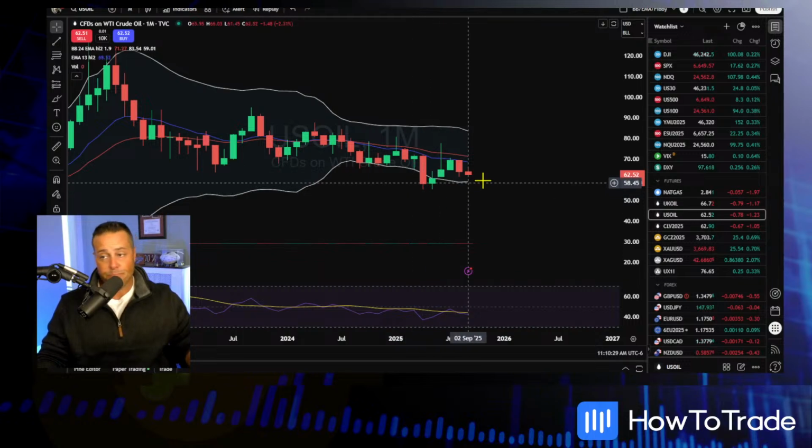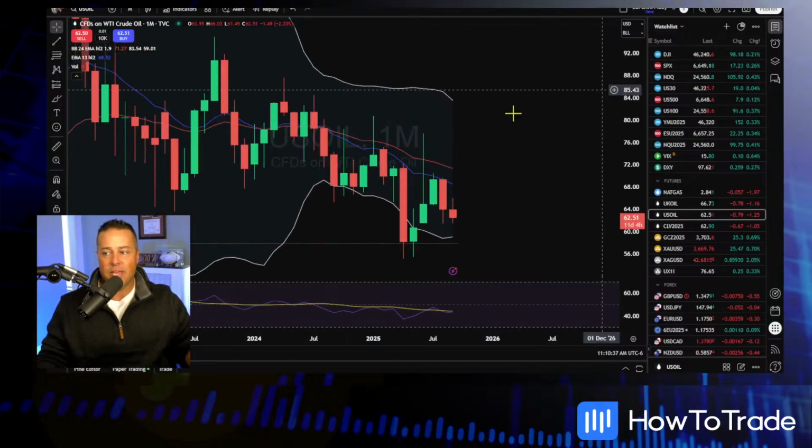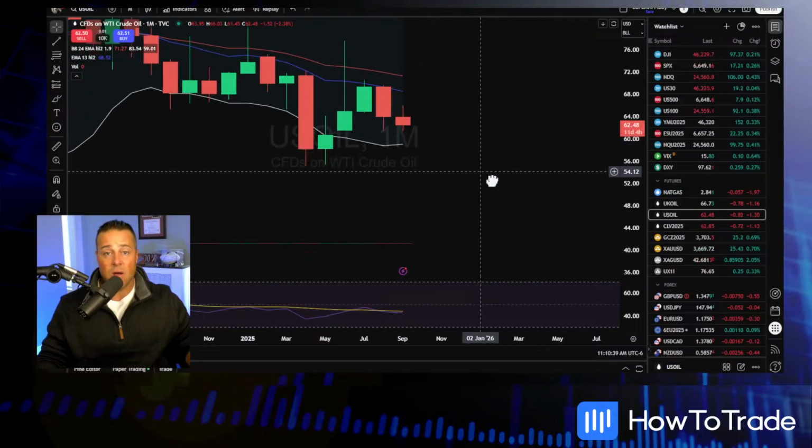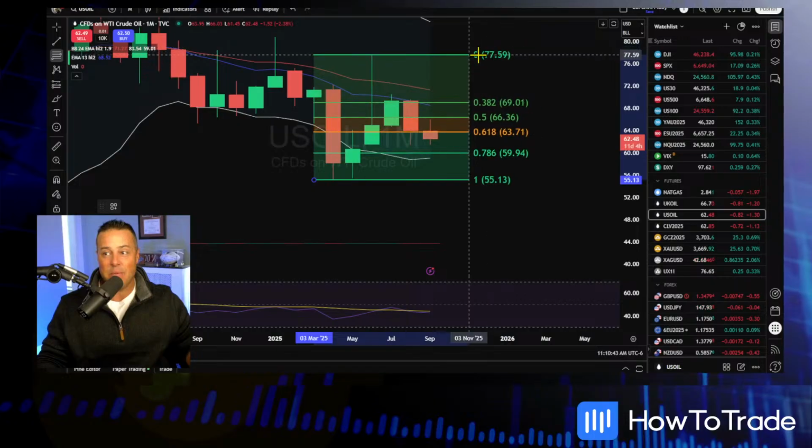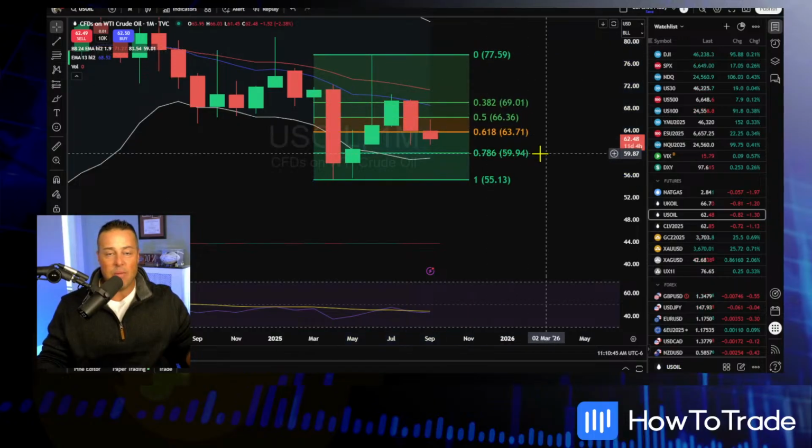U.S. oil, this area right here, do we want to be a buyer or a seller from 62.52? It's a challenge. Very flat. I could build a case to step up and scalp to the long after all that fundamental analysis I just gave you. I can build a case to step up and buy this thing, but it's got to be a perfect entry. And our profit targets have to be conservative at best.